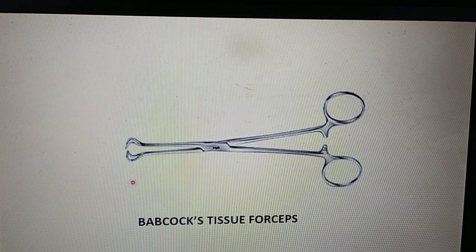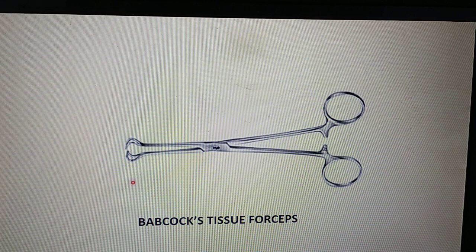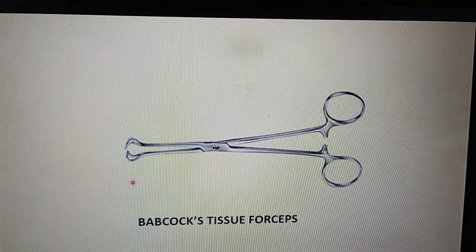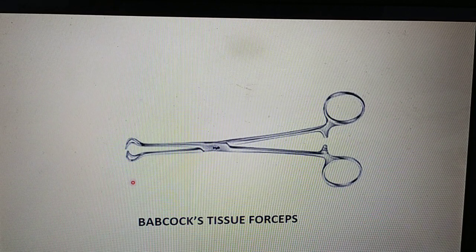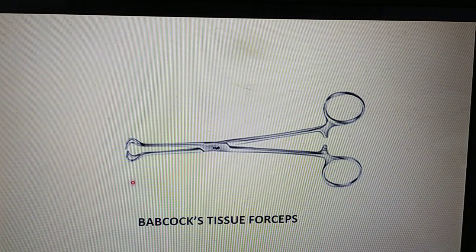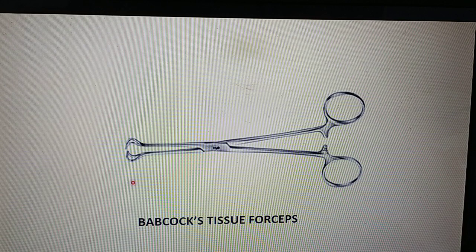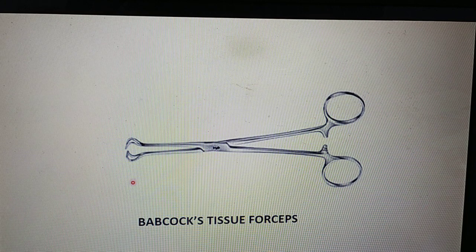It is used during gastrectomy, gastrojejunostomy to hold the margin of stomach. It is used during small and large intestine dissection anastomosis to hold the margin of the gut before applying the intestinal occlusion clamp. It is used during gastrostomy or jejunostomy to hold the gut while applying purse-string suture.